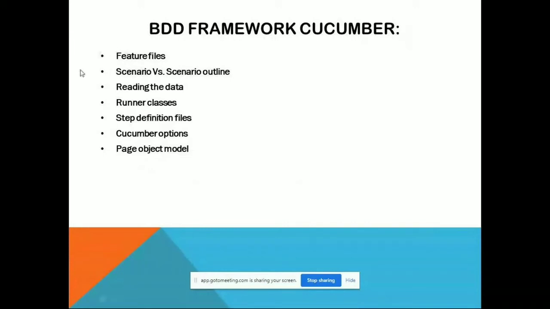In Cucumber, we have feature files, where we write everything in the given-when-then format. I will explain the BDD framework in detail in our session. While developing the BDD framework, we are using the page object model as a design pattern. What is a BDD framework and what are all its components, we are going to discuss in detail in our session. Today, if I explain everything, it will be hectic, so I will explain one by one. I'm just showcasing what we are going to discuss in our course. That's it.